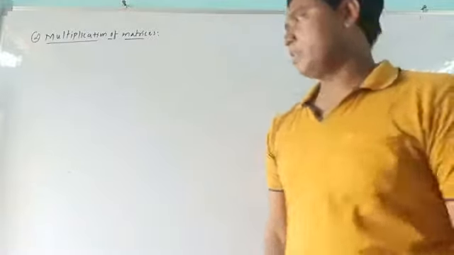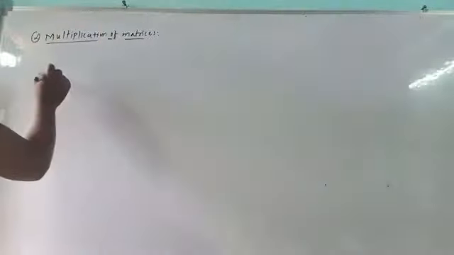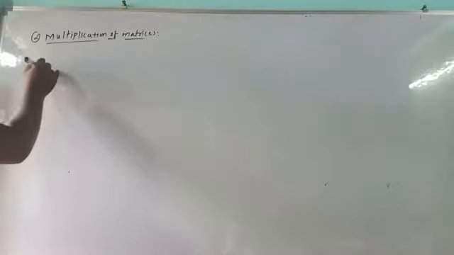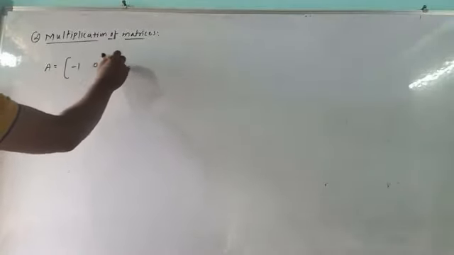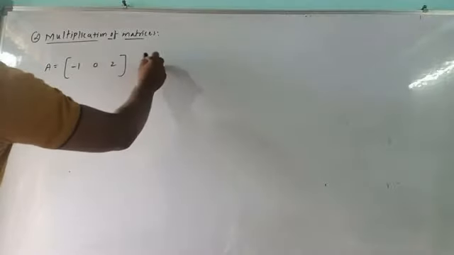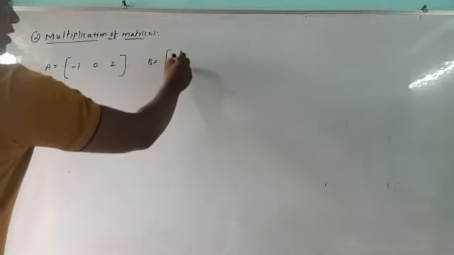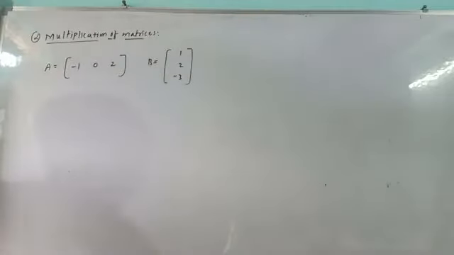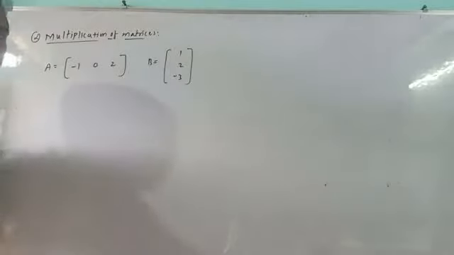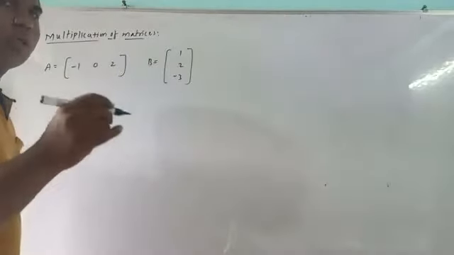जैसे कि for example मैंने example लिया था. जैसे for example एक matrix है A is equal to -1 0 2 और एक B matrix है. It is something like B equals 1 2 -3 like that. तो सबसे पहले इसमें ऑर्डर देखेंगे. जो बच्चे नए हैं उनके लिए होता है ऑर्डर यानी उसमें प्रेजेंट रोज और कॉलम की संख्या.